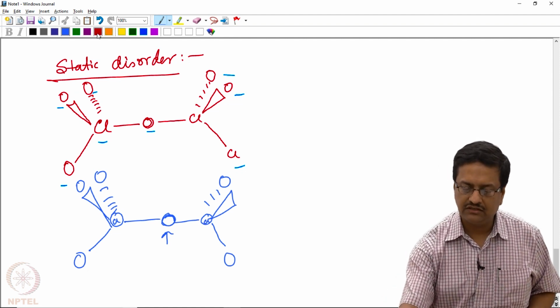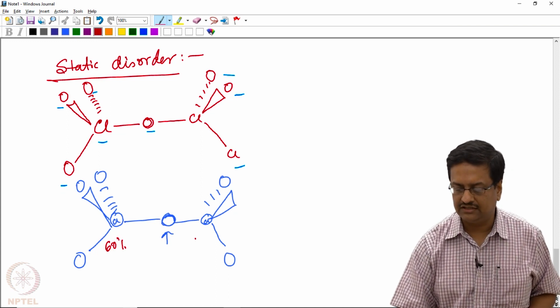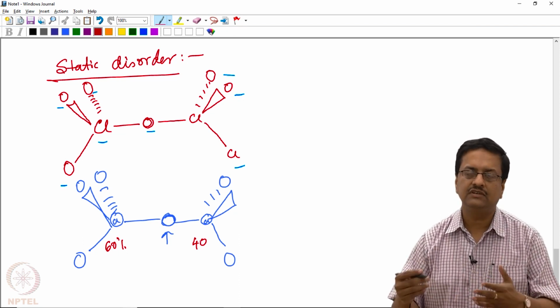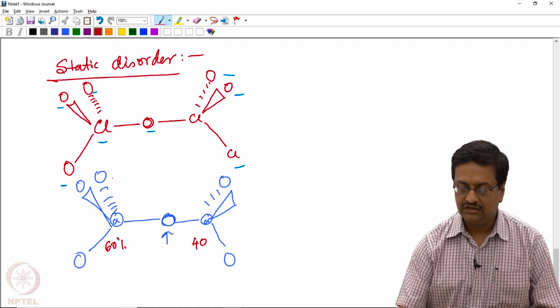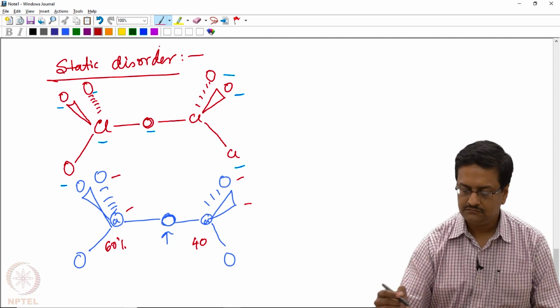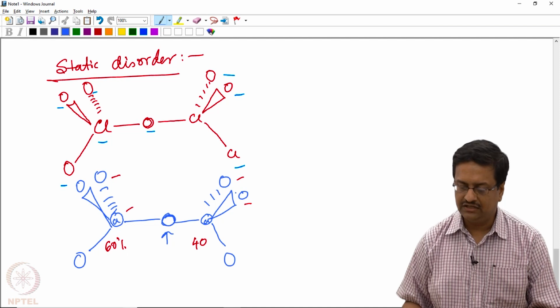It may so happen that one side is 60%, the other side is 40%. So, in that case, the same type of part 1, part 2 kind of refinement has to be done with appropriate identification of those atoms and numbering them appropriately,